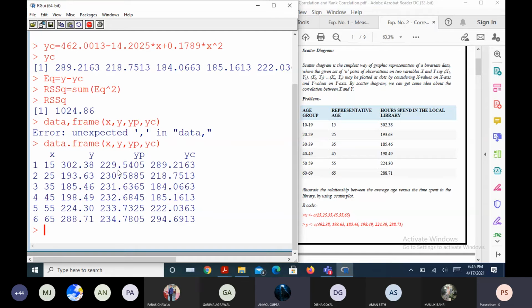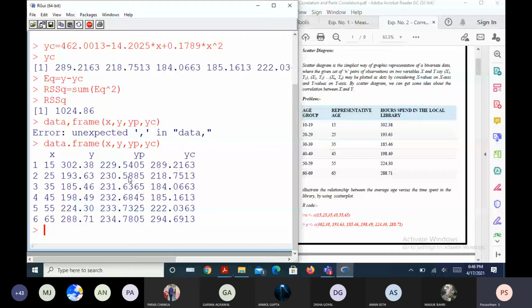Whereas 302 and YC value 289, what is the difference? It should be approximately 13. Yes, sir, 13. So now 73 is having more error or 13 is having more error? 73 is much higher, right? The error. Yes, sir. So it means that if you go with the YC, which corresponds to the quadratic fit, this error is giving a lesser amount than the linear fit.